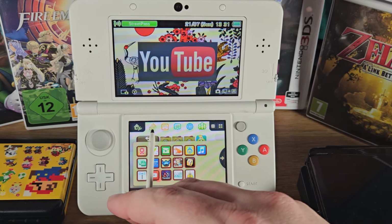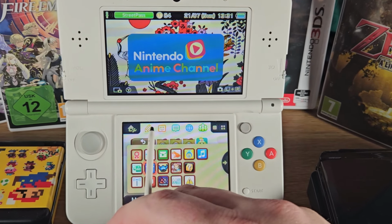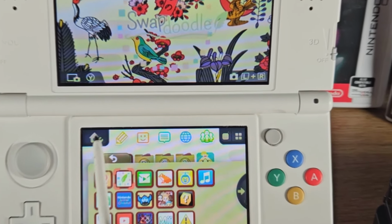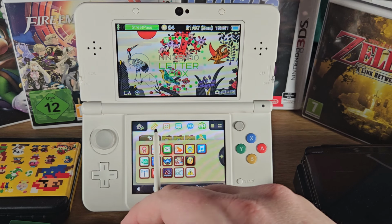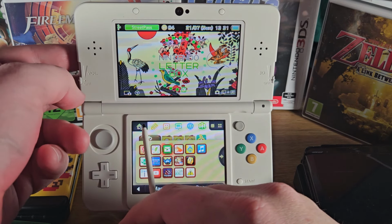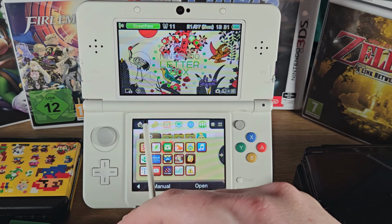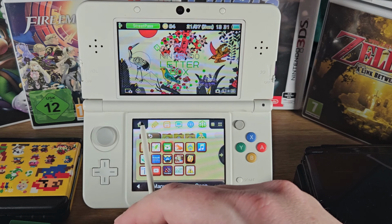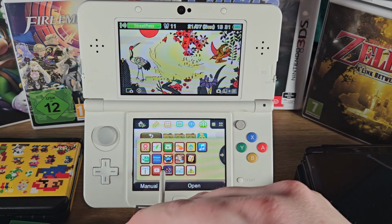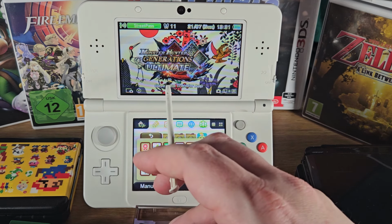The now defunct YouTube app for the 3DS. Nintendo's anime channel, didn't spend too much time on there, but it was cool to see some 3D videos appearing on there. Nintendo Letterbox, and this is one of my favourites. I'm actually going to turn the sound up for this, and you can hear the little sound that plays on this one. So cool. Monster Hunter Ultimate, this is the transfer tool for transferring your save data across, and the same for